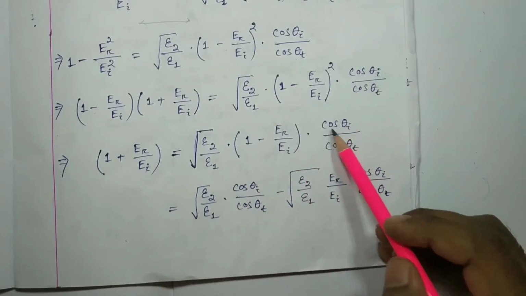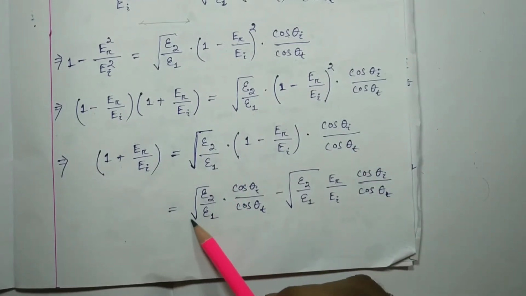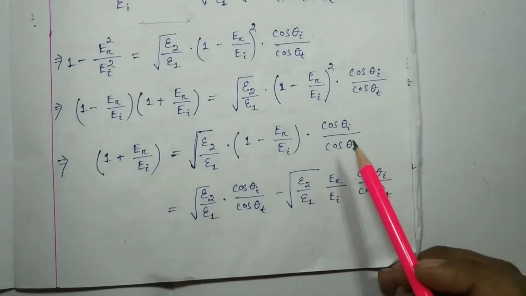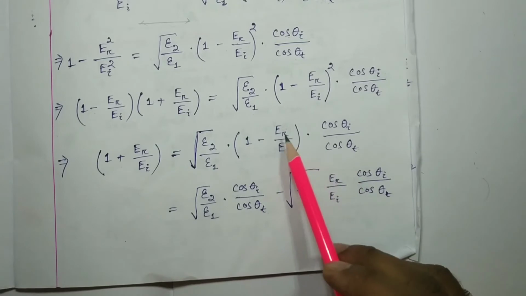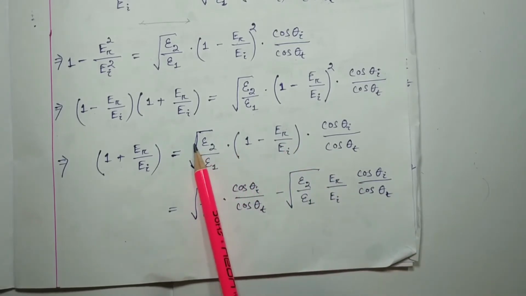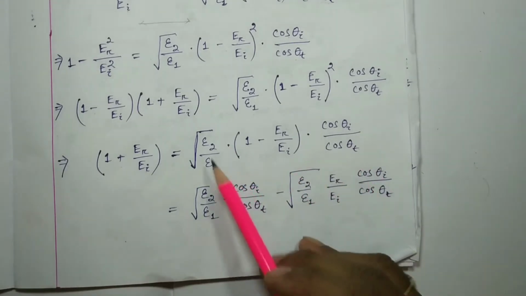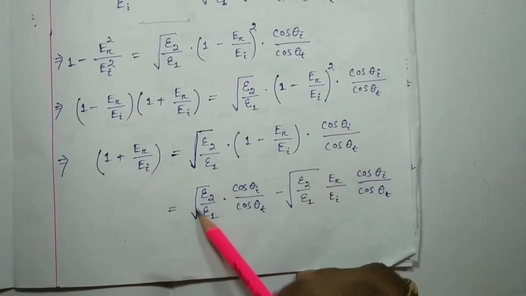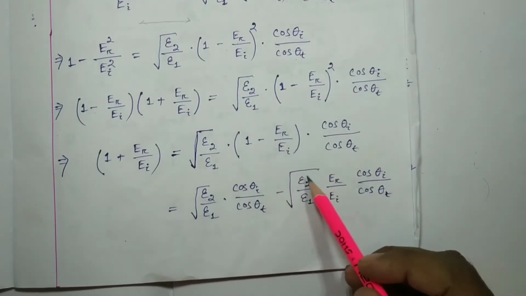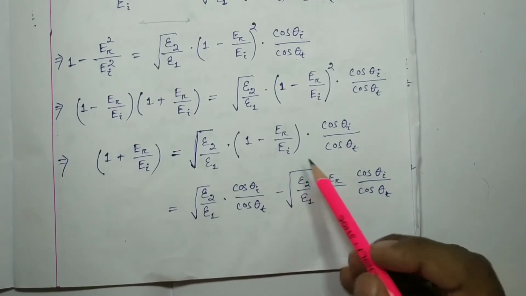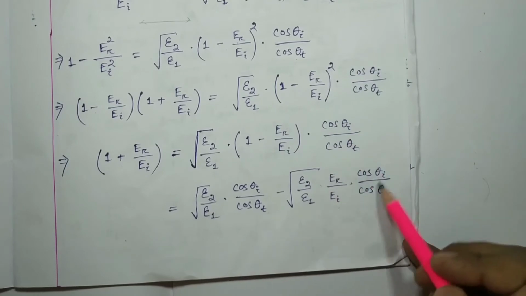Cos theta I by cos theta t will be equal to epsilon 2 by epsilon 1 whole root. Just multiply this one with this one and this one with this one. Okay, then what we are going to get, epsilon 2 by epsilon 1 whole root cos theta I by cos theta t, first term. Second term will be epsilon 2 by epsilon 1 root, Er by Ei into cos theta I by cos theta t. Okay,